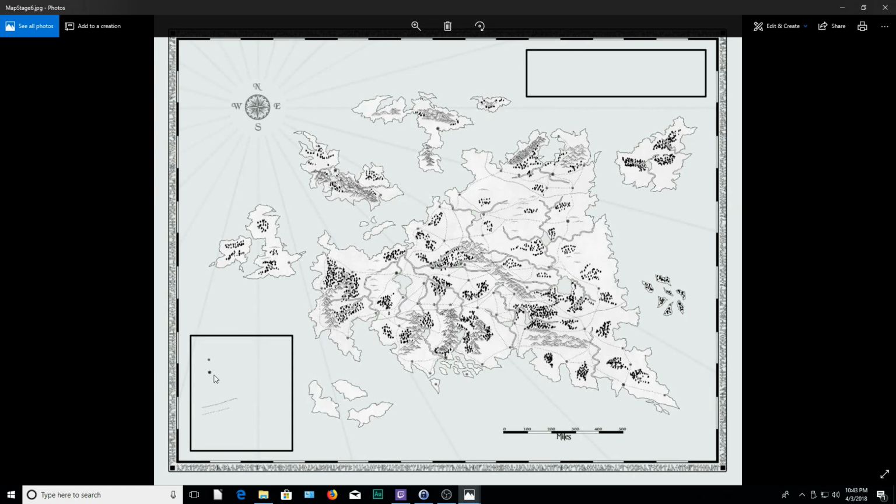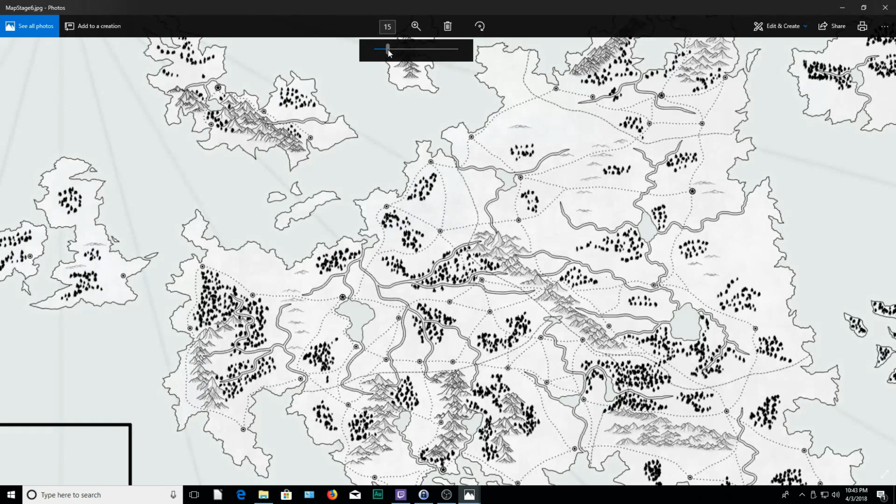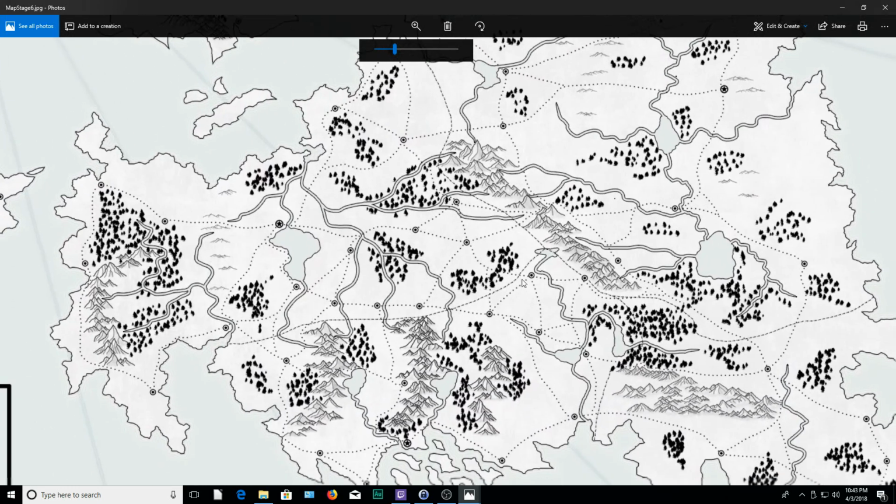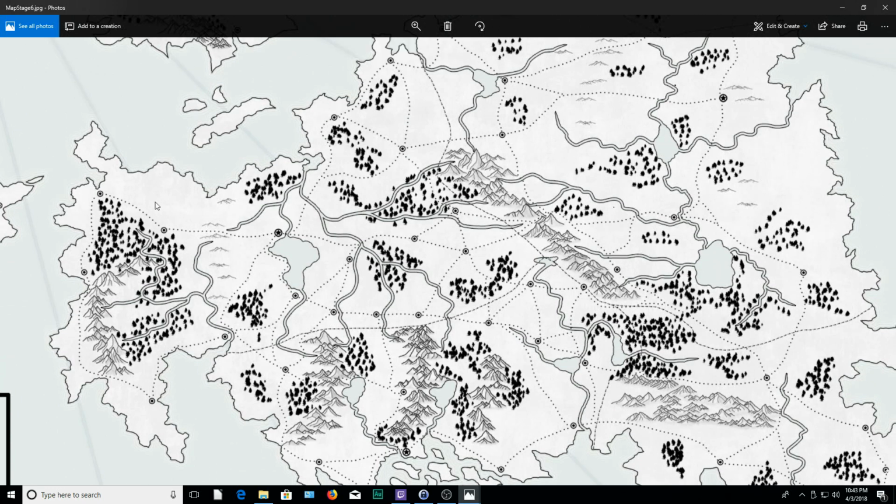So now we've got cities and capitals, and we've got roads now. So let's zoom in a little bit and get an idea of what some of these roads look like. So yeah, I'm just gonna set that there and give you an idea of, you take a look and see where all the, obviously the big stars are the capitals, and those little dots with a circle around them are the different cities or principalities